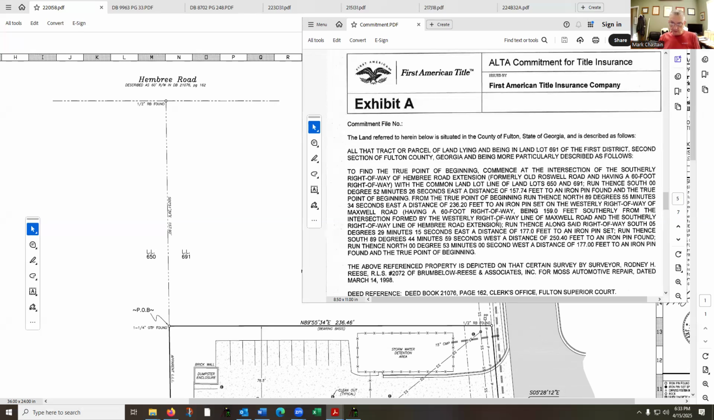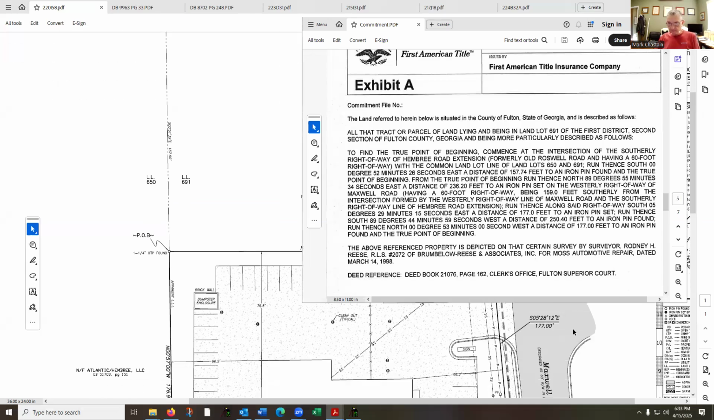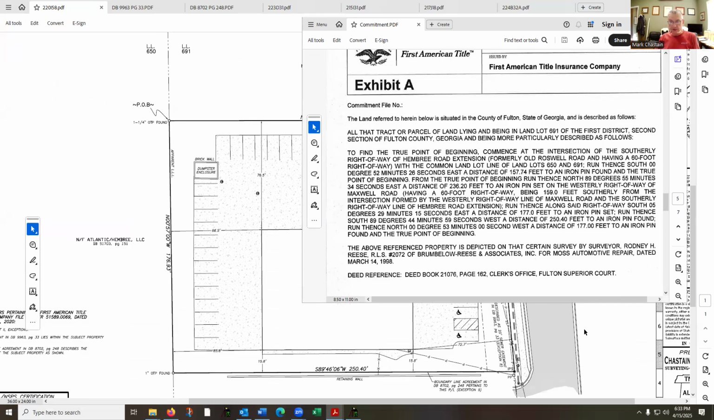So then we come down the right of way 177 feet. 177 is what we found because we set one. We did not find one there. Thence run south 89.44.59 west, 250.40. We found a 1 inch open top pipe back here, which would be iron pin found. And thence we go north 00.53. So our bearing should be within 2 to 5 minutes of the same, depending on the positional tolerances of this 1998 survey. 177 feet, we come up with